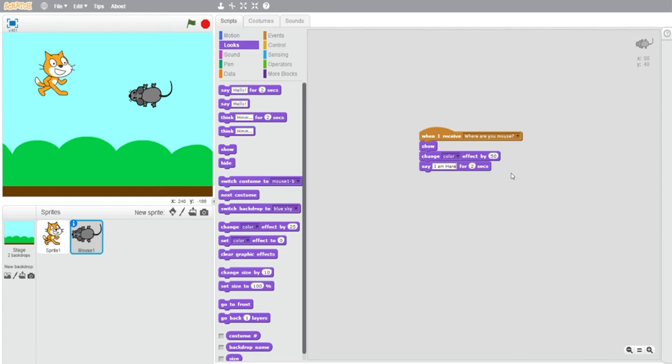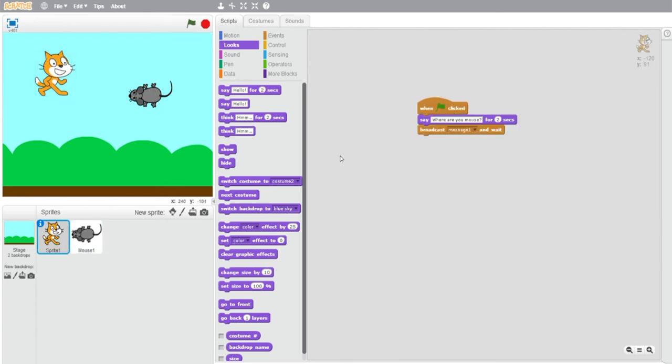This message will be said by mouse. After that, we continue with the script of cat. Here it should say where are you, mouse.